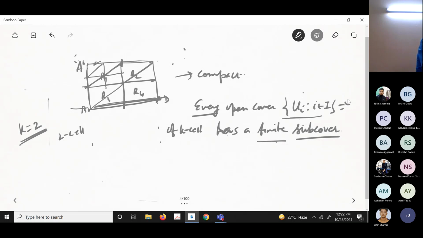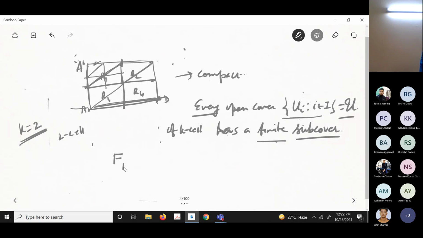This is a standard thing. The finite subfamily doesn't cover. Then at the next stage also, I will get one rectangle which is not covered by a finite subfamily. This process I can repeat. So the process you repeat, now look, what will happen? Look, these are closed sets. Geometrically the proof is very simple. That means you will be getting a sequence of closed sets. Look, what you will be getting, F1,